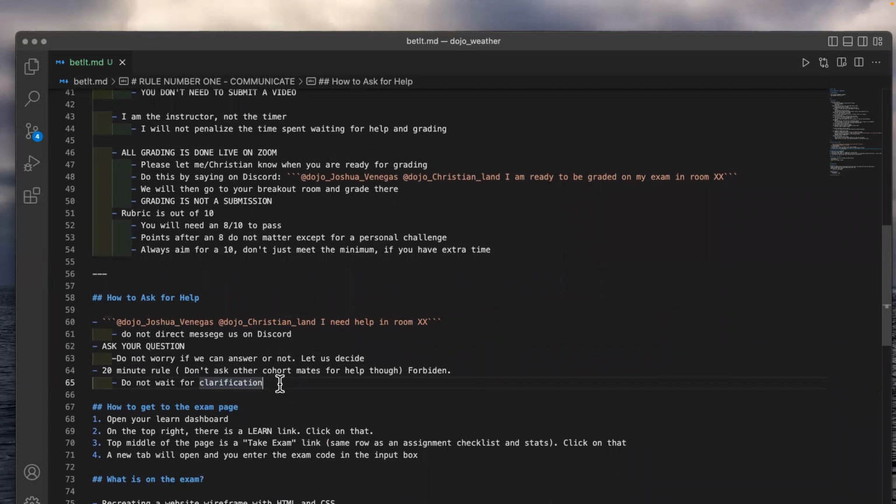Don't get hung up on, for example, this morning when we were working on the nav bar, I may have spent a little bit too much time on perfecting the height, the width, distance of certain items on the nav bar. Get the big picture of the exam first, then work on the details.